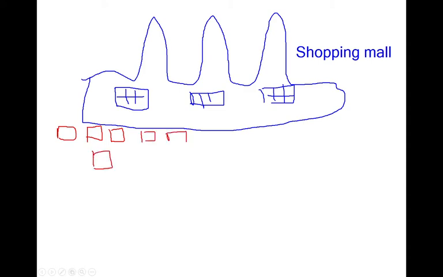Similarly, so what is happening here? Everybody wants to park his or her car next to the shopping mall or the shopping area. So everybody is trying to, and maybe I missed drawing that, this is the opening door or entrance door of the shopping mall.